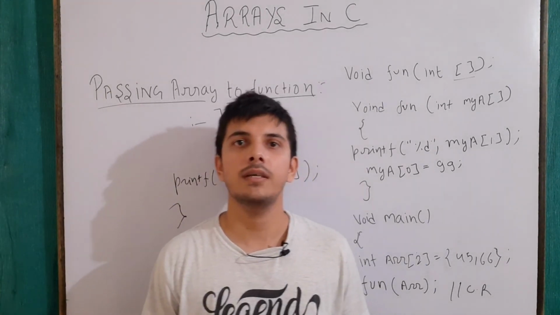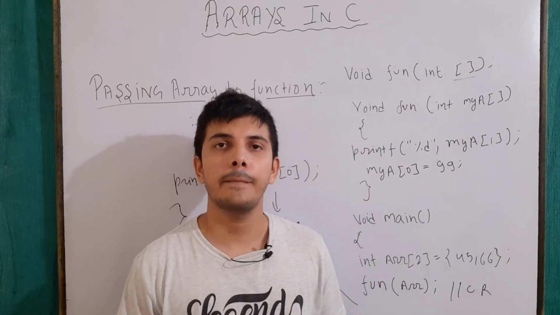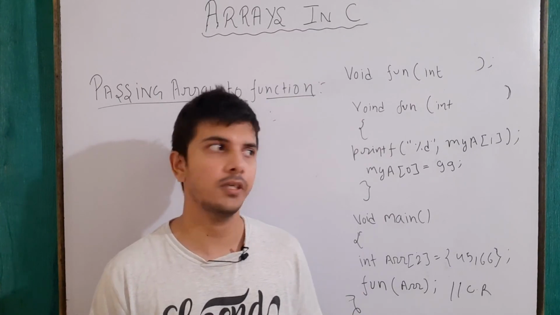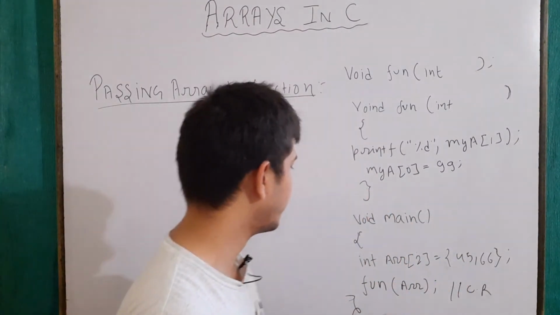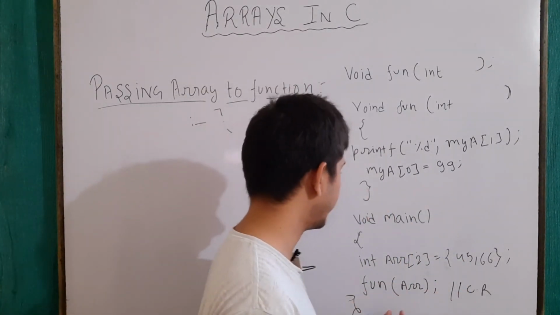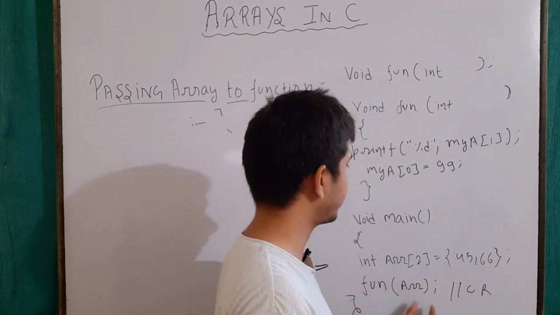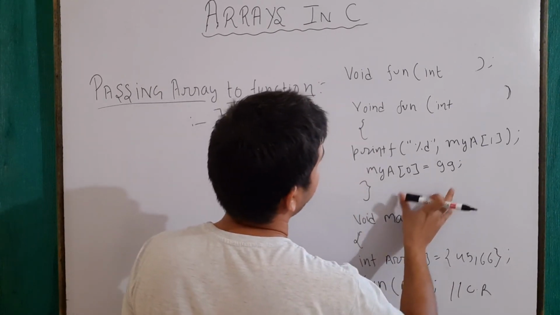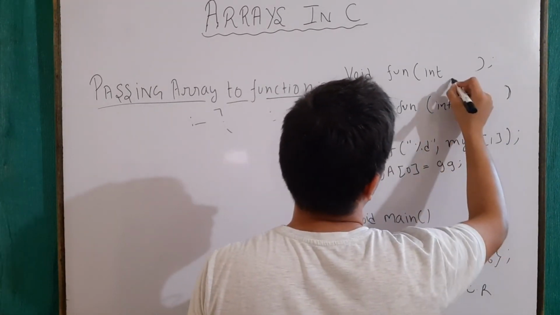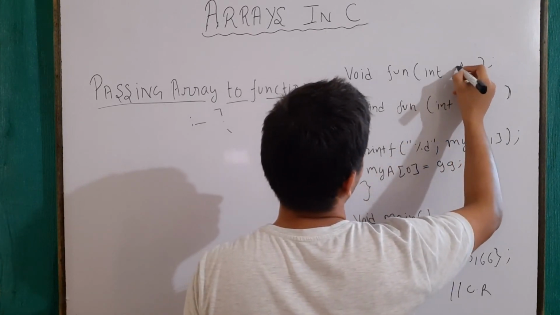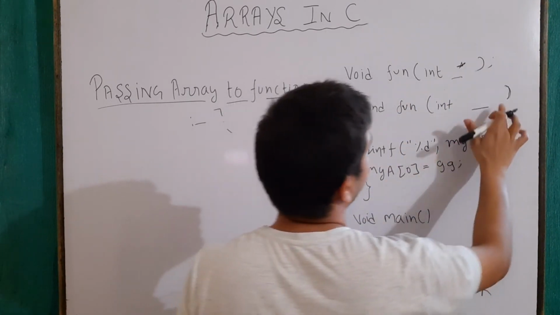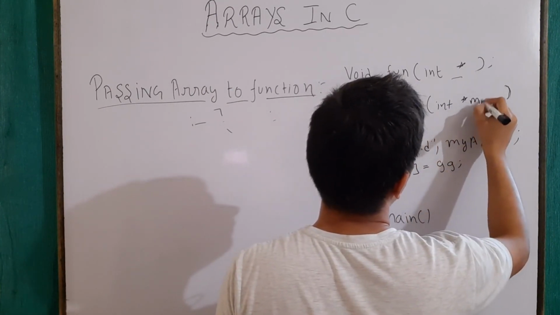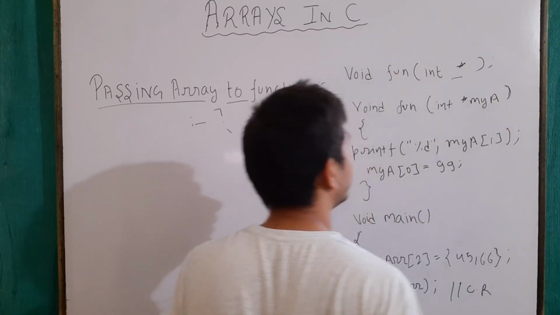So now let's see what is the second method of passing arrays to a function. In the second way, we use the pointer notation, right? So everything is the same here. We are sending by call by reference, and the entire array will be sent by call by reference. The only difference is that here I will be using pointer variables. How? Here I will write only an asterisk, and here I will write asterisk and the name of the variable, which will be my a. That's all.